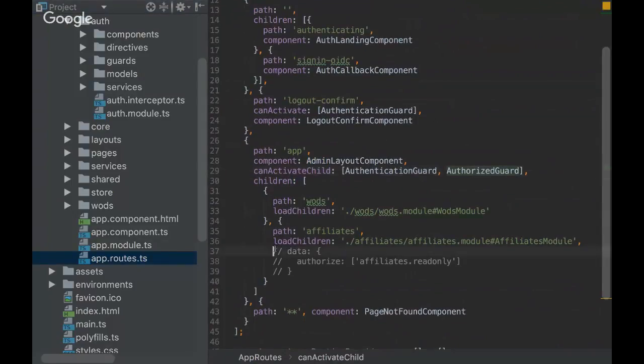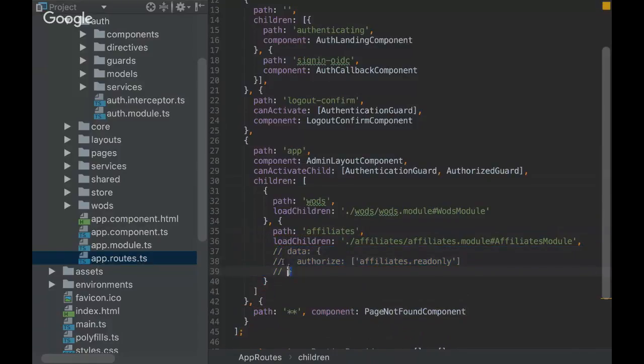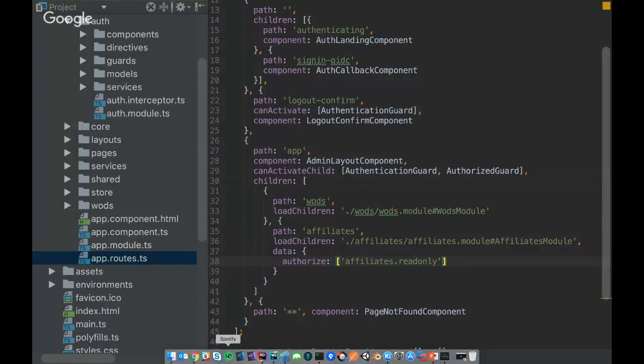So in this case, right, you can see on this route, under the children, I'm lazy loading the module, but I can still lock that whole thing down by saying that in order to get there, this user needs to have the role or permission affiliates read only, right? So once that reloads, if you're not familiar with it, you can pass custom data by routing into, if you pass that in,